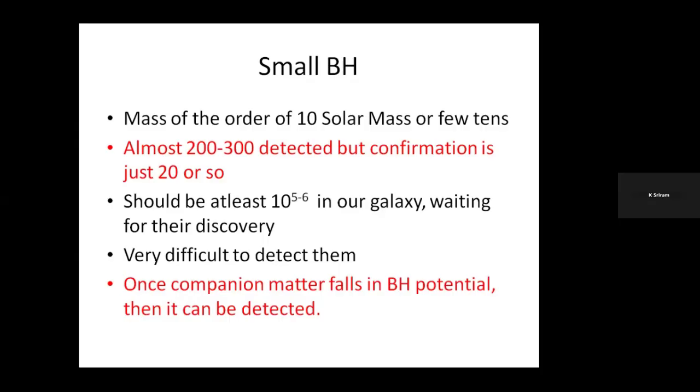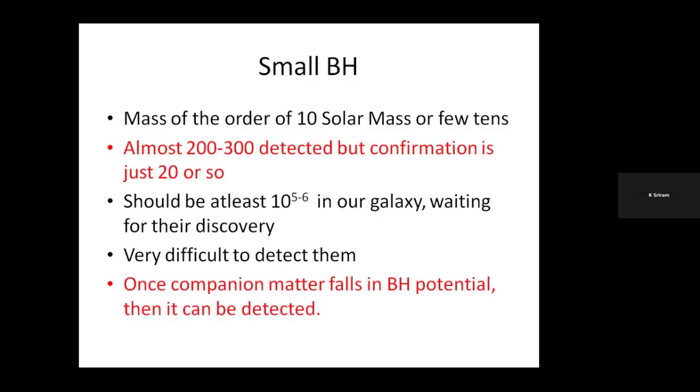But we couldn't detect it because most of the time these black holes are in quiescent phase. Quiescent phase means they don't do any activity. They are very quiet. No radiation is coming. Nothing is coming out. And we know that one of the properties of a black hole is that they don't emit anything. So we are not able to find it.